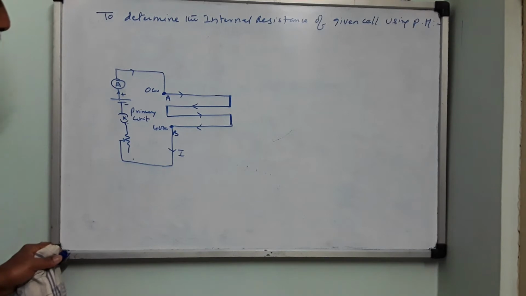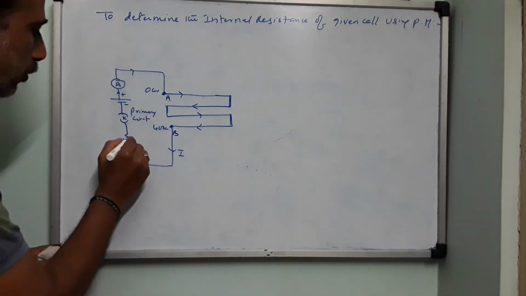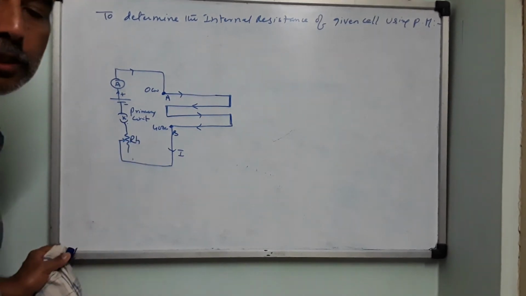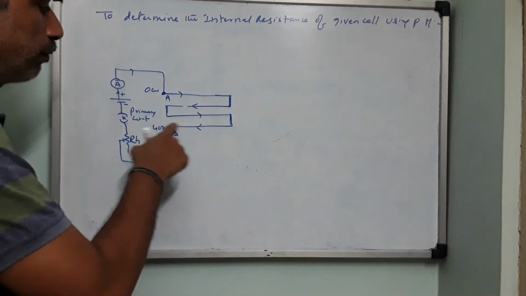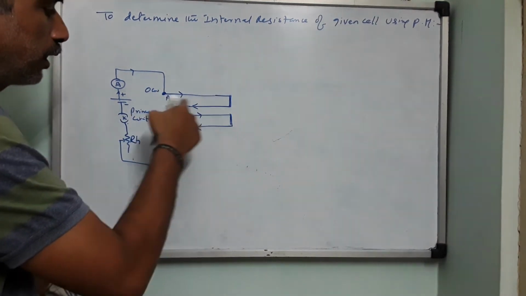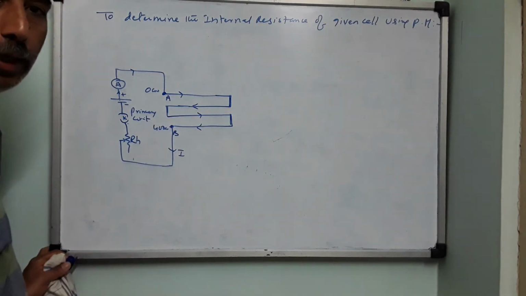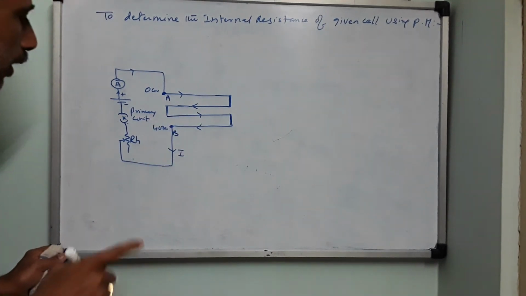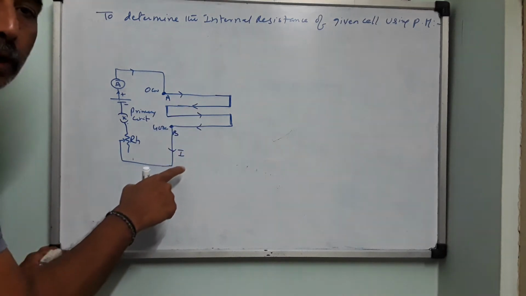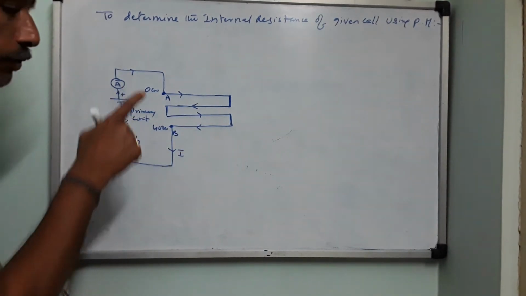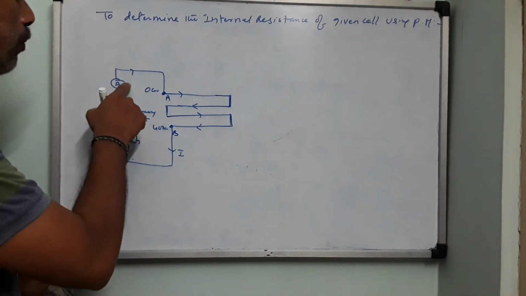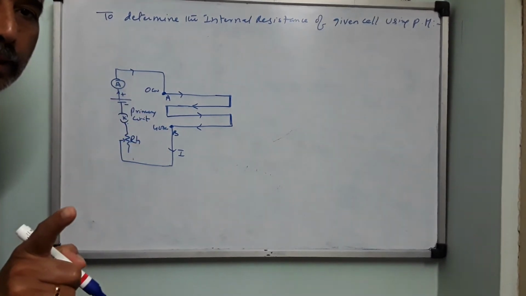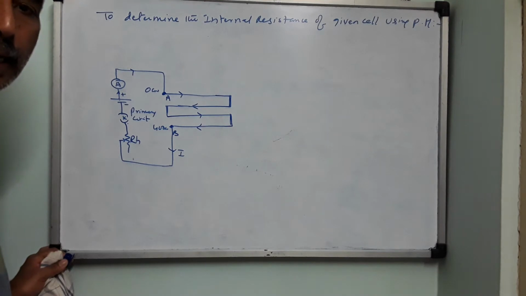What is the purpose of this rheostat? We said in the principle, when a constant current flows in a wire of uniform thickness. So this 400 centimeter long wire has got uniform thickness. Now we have to see that a constant current flows in the circuit. To check, suppose a 2 ampere current is continuously flowing, so your ammeter reading should always be 2 ampere.